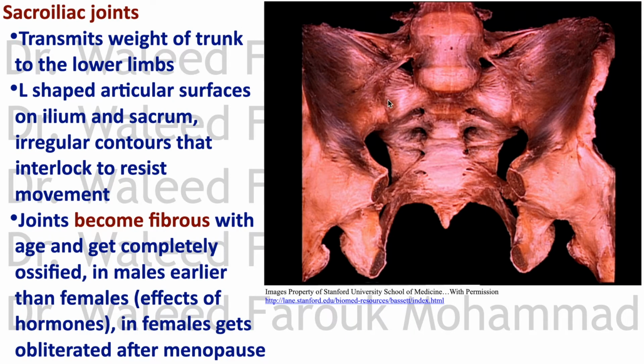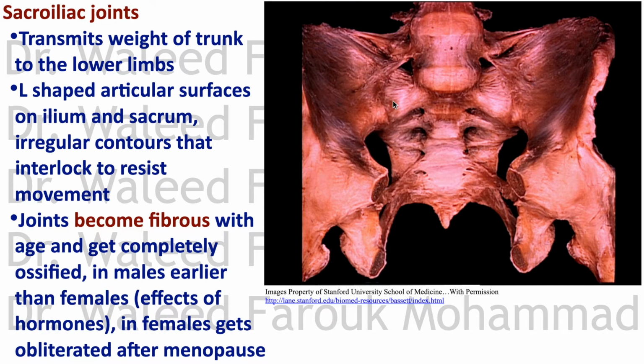Now, the sacroiliac joints, on the other hand. Remember the L-shaped facet we find on the lateral surface of the ala of the sacrum, and at the same time posteromedial on the iliac bone of the hip bone. Remember this, with an area for the articulation, with a rough area posterior-superior to it for the attachment of ligaments that support the joint. Actually, the joint between the articular facets is the sacroiliac joint, and the surfaces are interlocked so as to